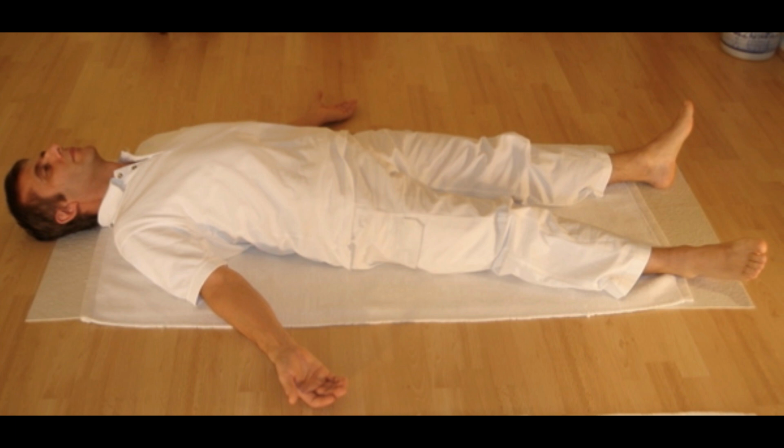So begin on the right side of the thumb. First finger, middle finger, ring finger, small finger, palm, back of the hand, wrist, forearm, elbow, upper arm, shoulder, armpit, side of the chest, side of the waist,